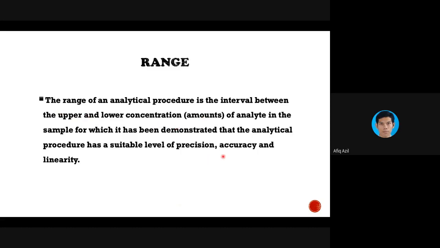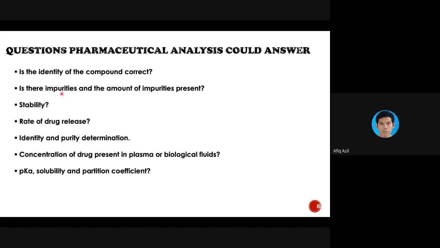Let's say the upper range from the normal is 100 mg, so you times 10, maybe 1000 mg, so that is the limit. After that the quantification cannot be done, for example. So you have to identify the range of the test method that you are using. So that would be all on the method validation.